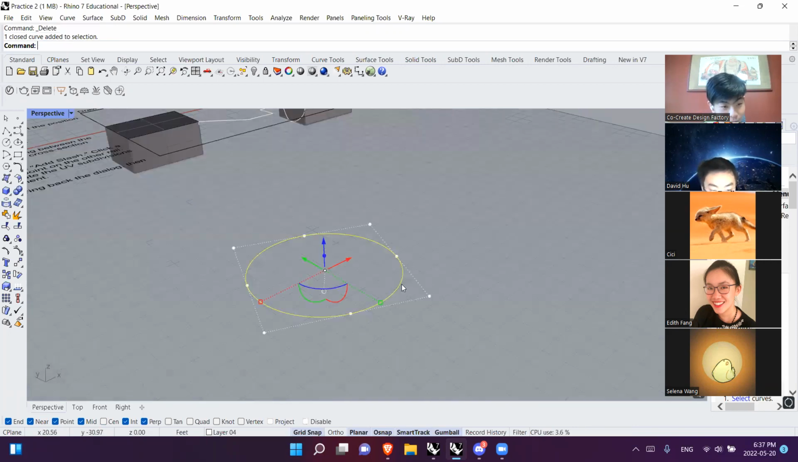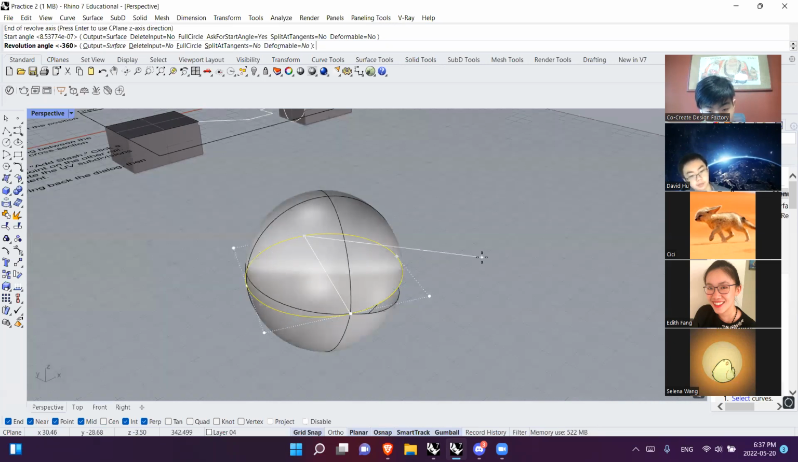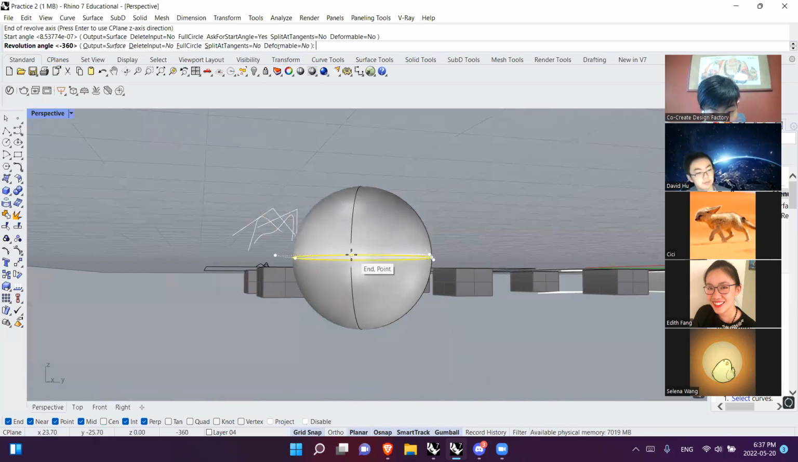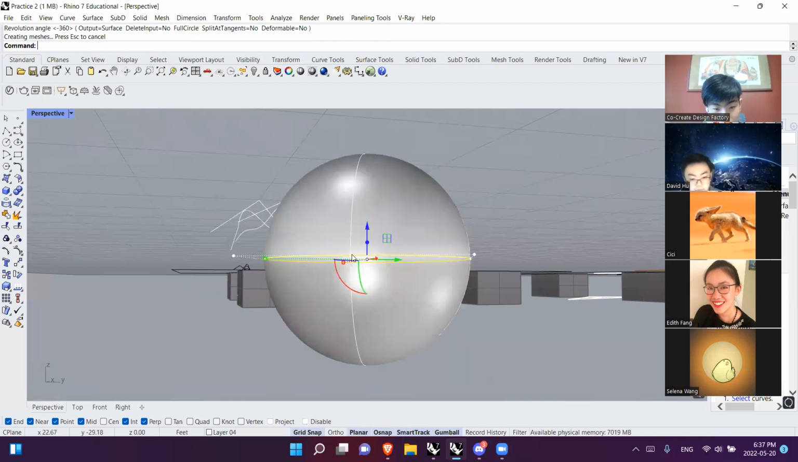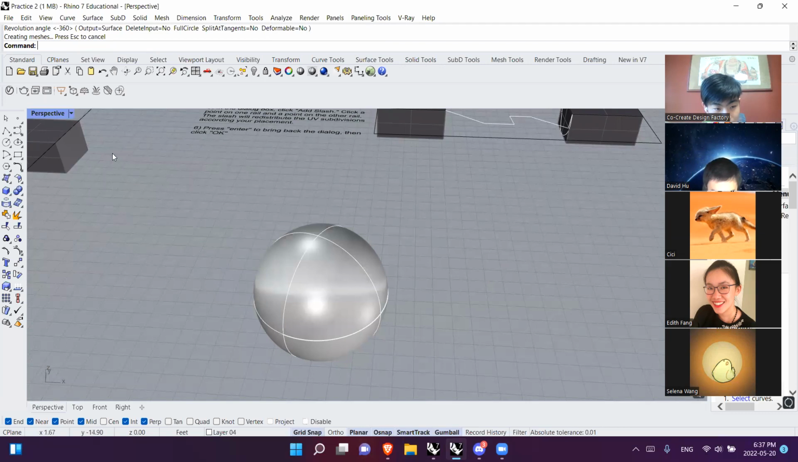So sphere, revolve. Make sure you get your axis correct, like that perpendicular axis. Start from a certain point, so let's start from here. Go 360 degrees. Make sure that your cursor ends up on your original point, and then press enter. So now you have your sphere. And basically,